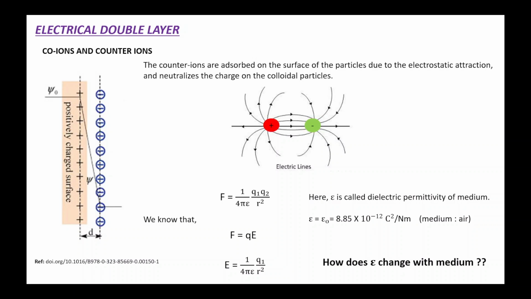So how does the value of epsilon change if I keep the system of particles in a different medium, or what is the effect of the medium on this epsilon? That is what we need to know now, that understanding we should have. So for that,